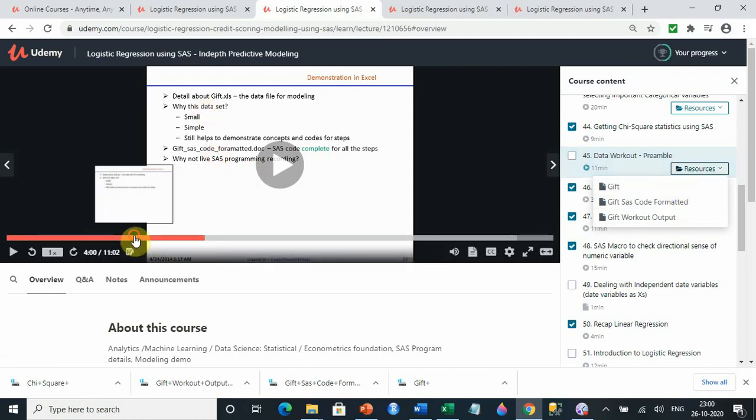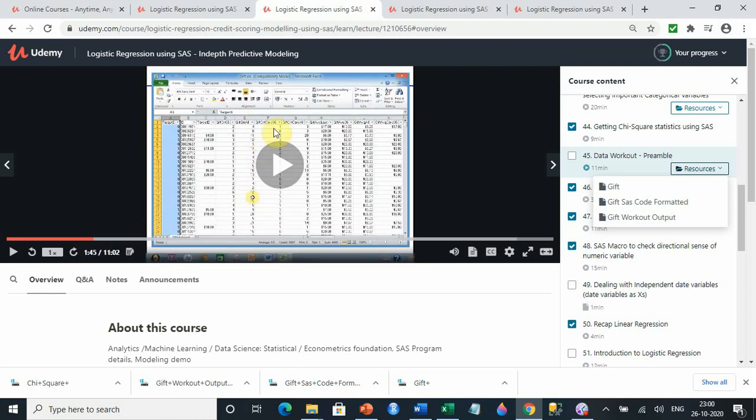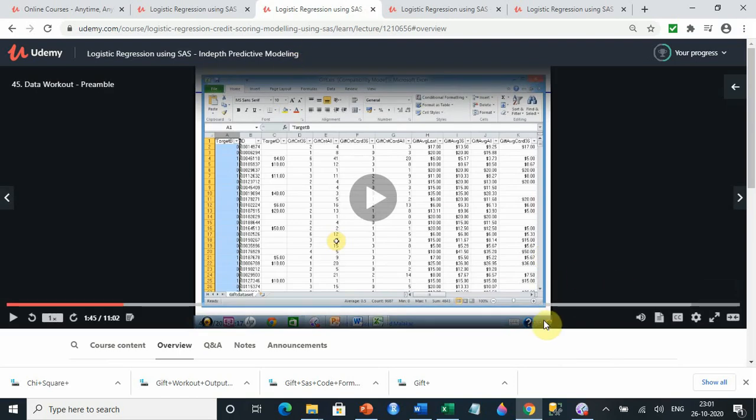In fact, many times in the video I will show you that this is the file, this is how it looks. It's already telling you that it's an XLS file, the extension. If you make it larger, you can see it is coming as gift.xls.